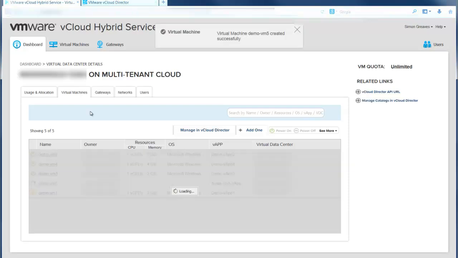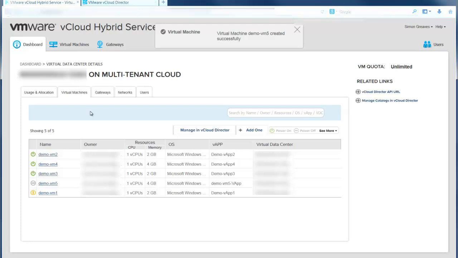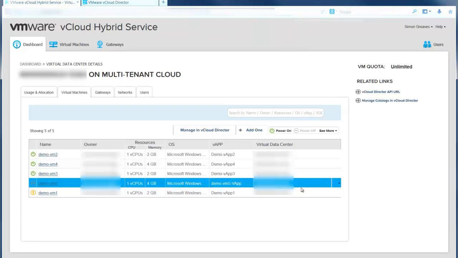When it has finished deploying, it will then have a grey icon next to it to say that the virtual machine is powered off, which it is saying there, and at the top of the screen it's saying it's been deployed successfully. I've now got a few options on the drop down menu, such as power on the machine, create snapshots, delete snapshots, etc. If I power on this virtual machine